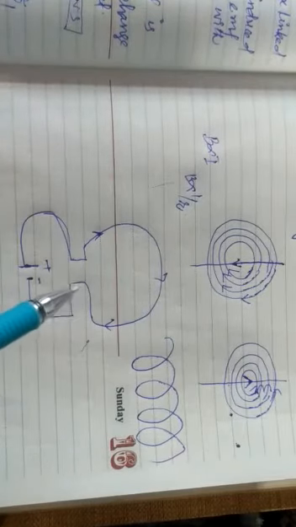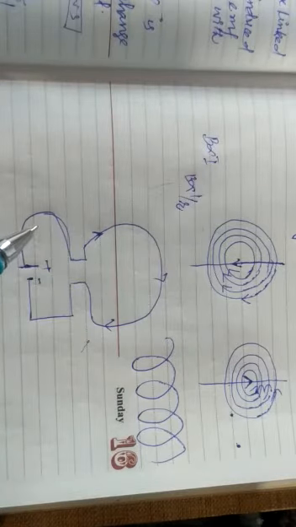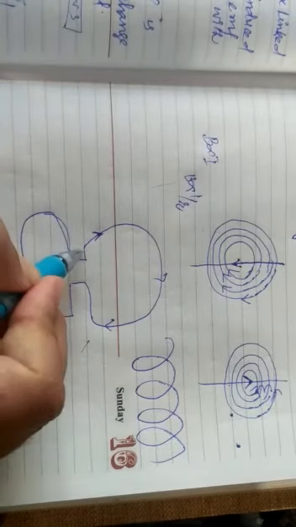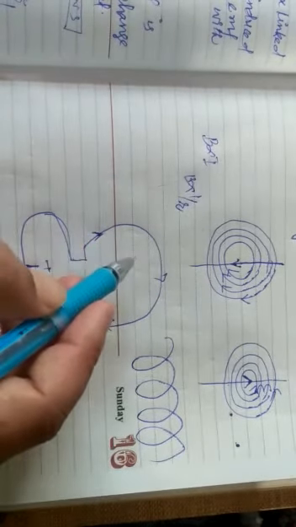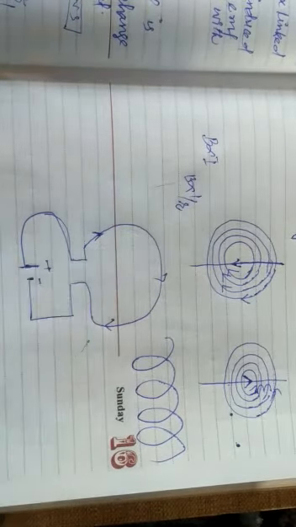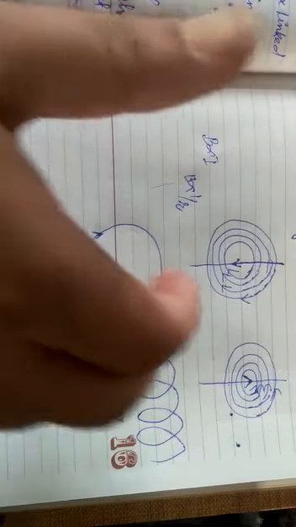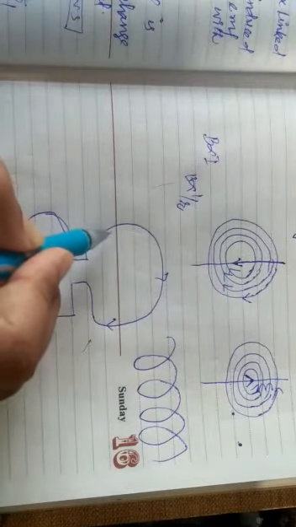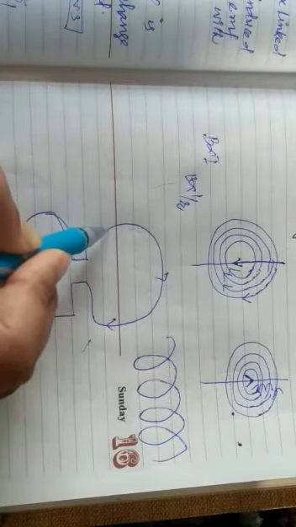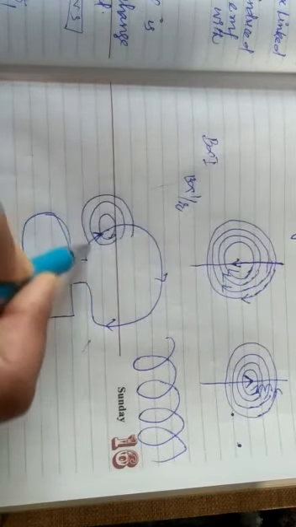Now the magnetic field, we have to again use the right hand thumb rule, because the right hand thumb rule gives us what? The direction of magnetic field. If we take this loop, the small portions of this loop are in the form of what? Small, straight conductors. If we use the right hand thumb rule at this point, then the magnetic field will be a bit like this. If we take any point here, it will be in the form of concentric circles like this.